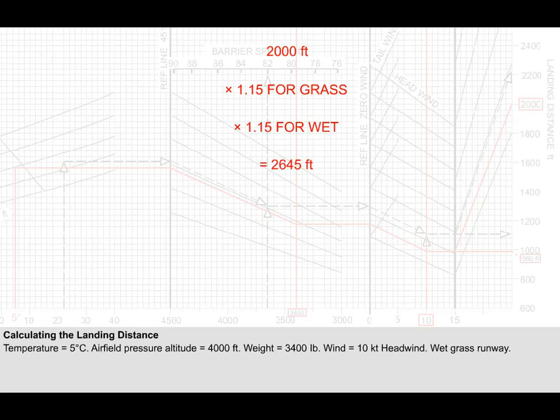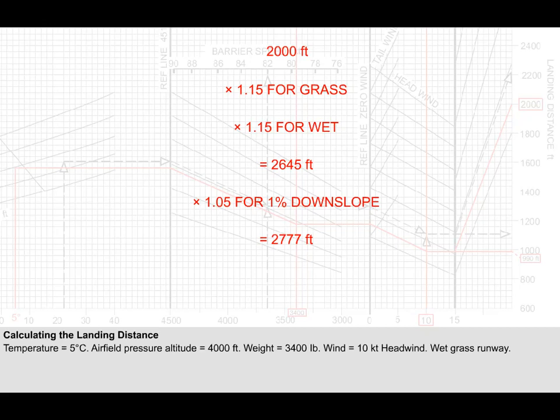Our calculated landing distance is 2,000 feet. But correcting it for grass means we need to multiply this by 1.15, and again by 1.15 because the grass is wet. This now makes the landing distance 2,645 feet. Let us now assume the runway has a downslope of 1%. You may recall this would increase the landing distance by 5%, or by a factor of 1.05. This now makes the total gross landing distance